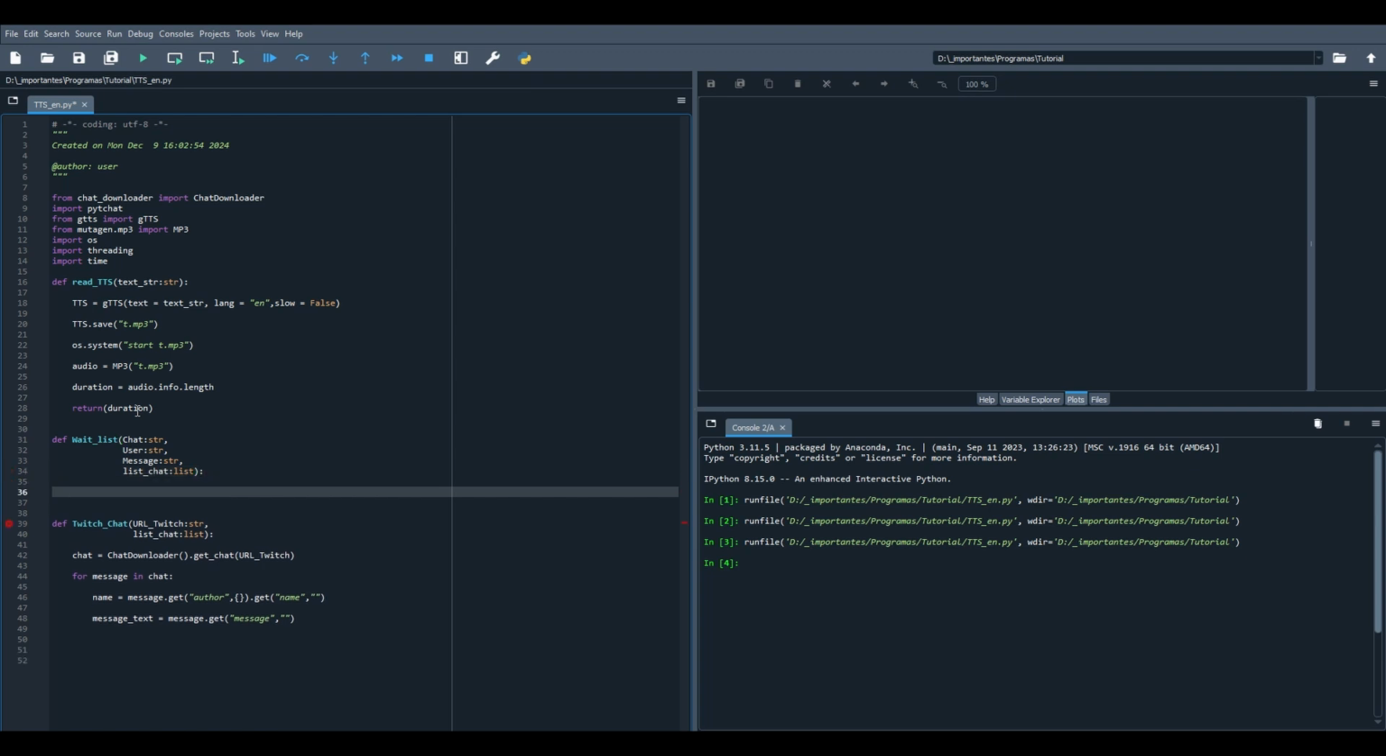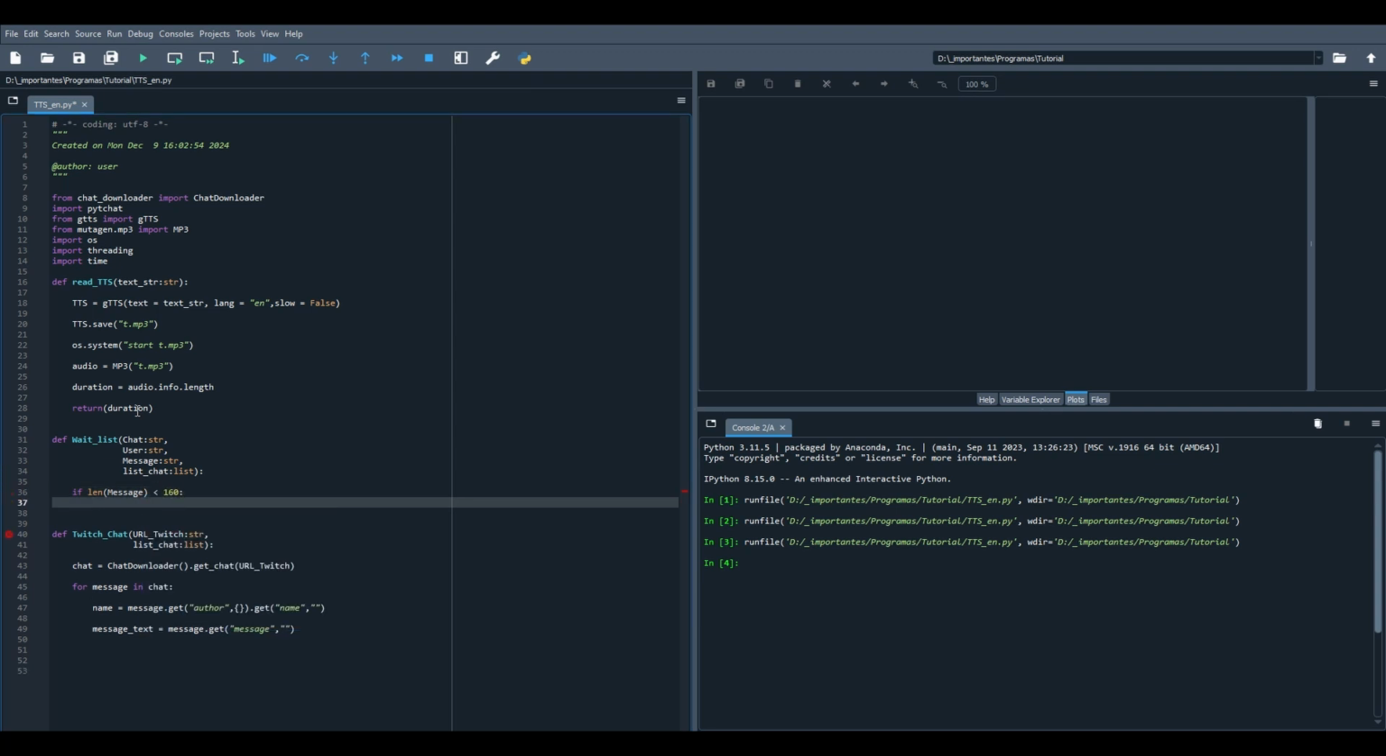And I like to do something in my little TTS, which is to limit the amount of characters in a message. Because if we don't limit it, our TTS can be reading a message that's like 2 minutes long, and that's not nice, that's not fun. So we're gonna limit it. We're gonna do: if length of our message is less than 160, list chat append